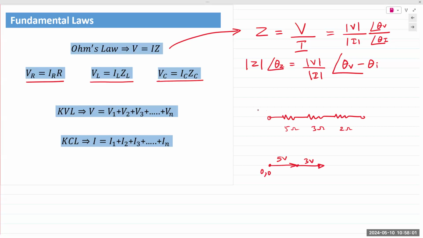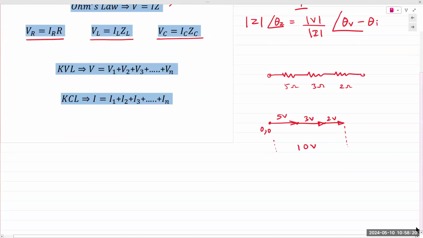And then you plot the third one where the second one ends. And then the start and the end point gives you the total source voltage, 10 volts, that's being applied. Make sense? That's DC. For AC, you have to take the phase angles into account. So this is DC. And for AC,